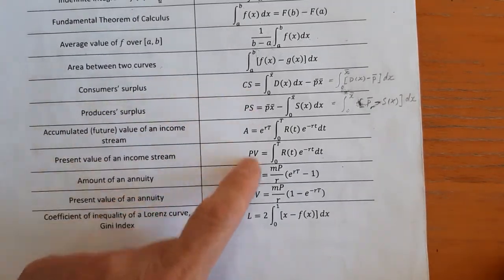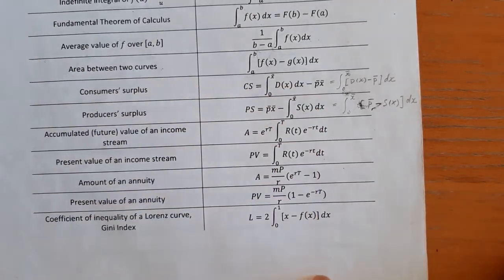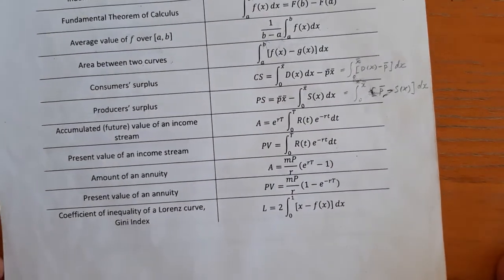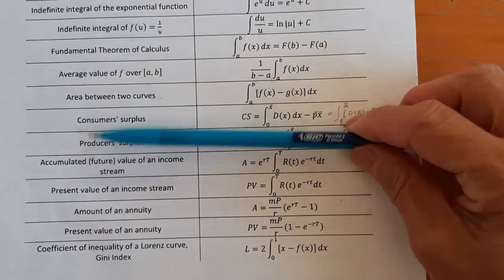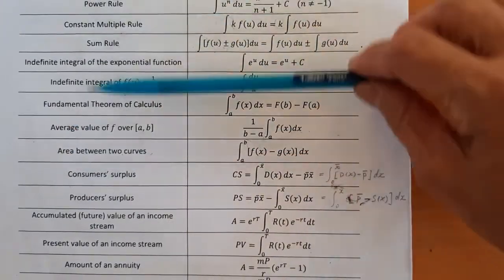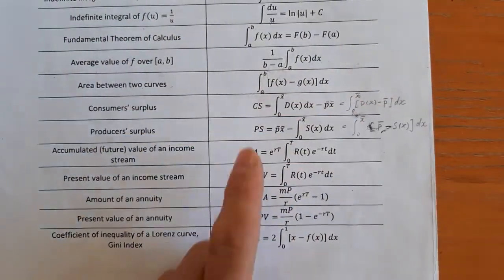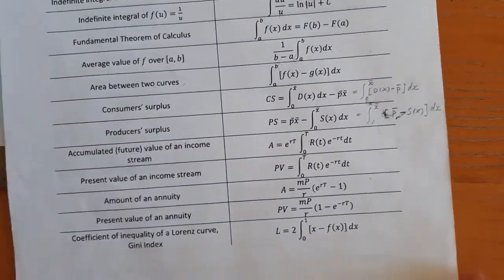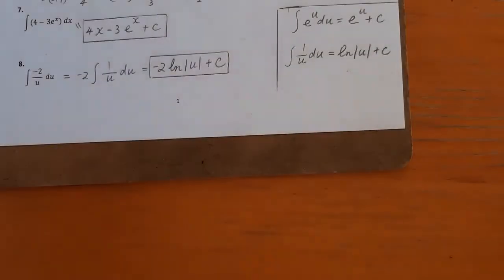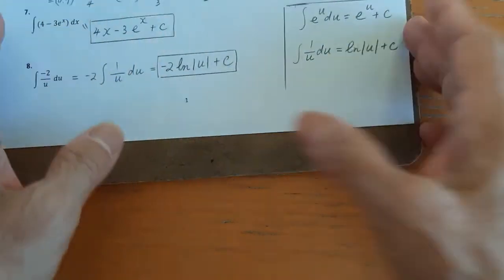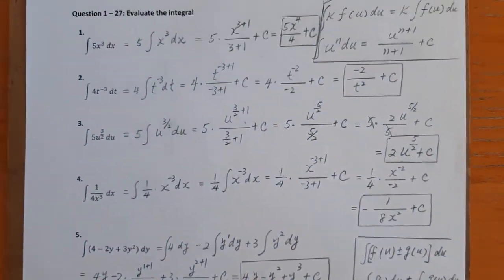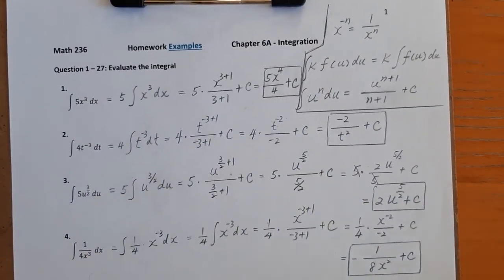And the rest of the formulas are going to be application formulas, and we will learn them in 6b, B part. A part is only calculation. We learn calculation formulas, and we will use those in application in B part. Now let's do the examples for the homework. The first question,